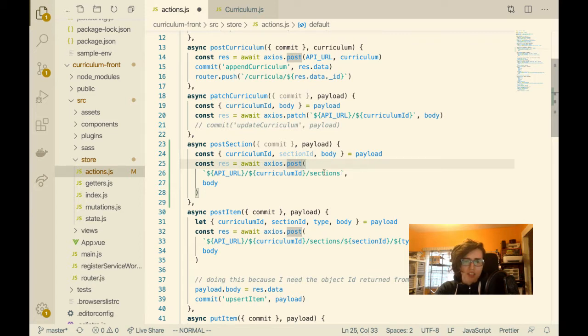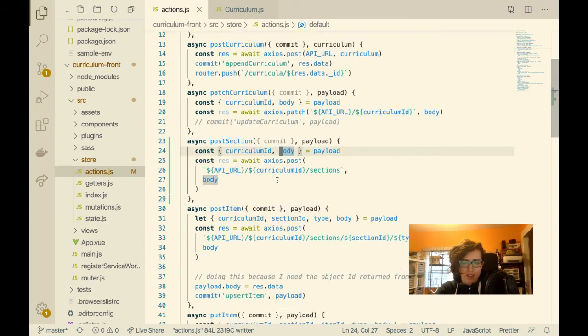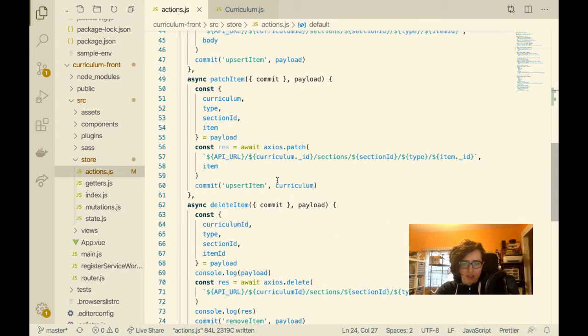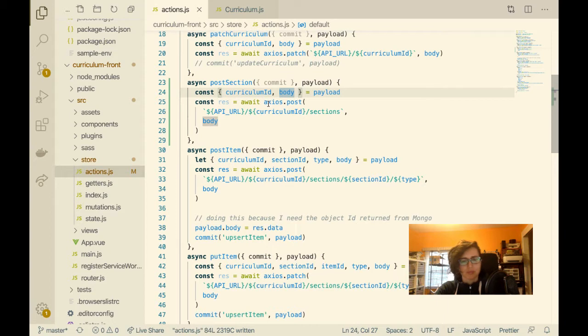Oh yeah, just section. So I won't have the section ID because I haven't created it, obviously. Okay, so it will be just curriculum. And then let me make sure I'm not doing it anywhere else. Yeah. Okay. So I'm just posting